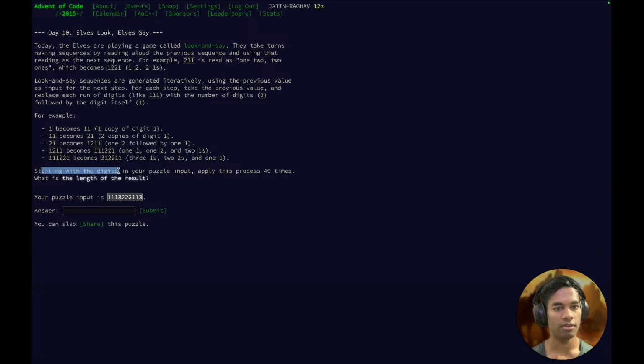Starting with the digits in your puzzle input, apply this process 40 times. What is the length of the result? That is